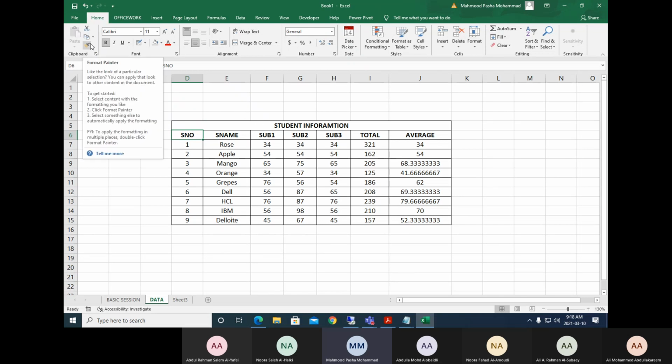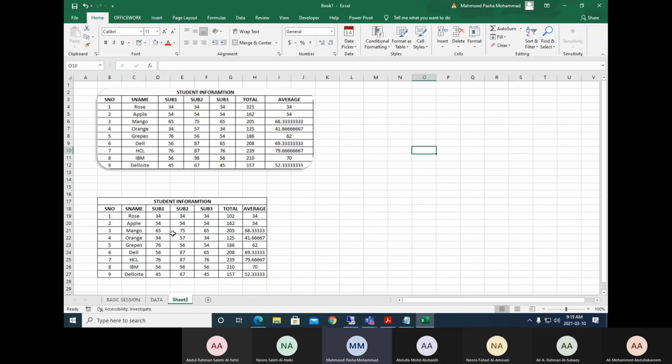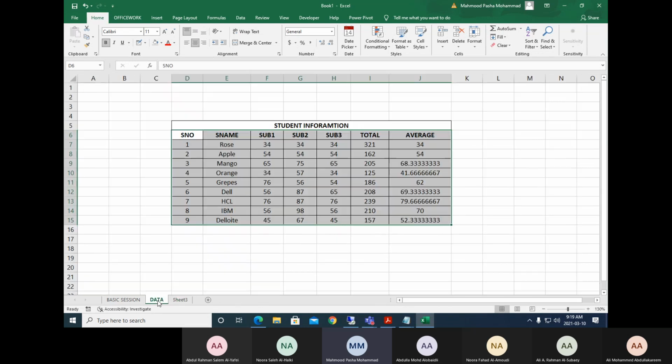Not only this, using the Format Painter we can copy the formulas as well as transpose the matrix. We will see that in the next session after 9:30. So this is all about copying the data in two formats: copying data directly or copying the data as a picture, as you wish.